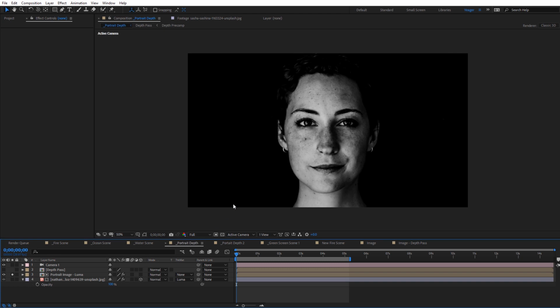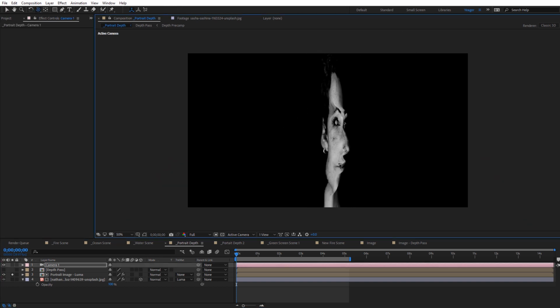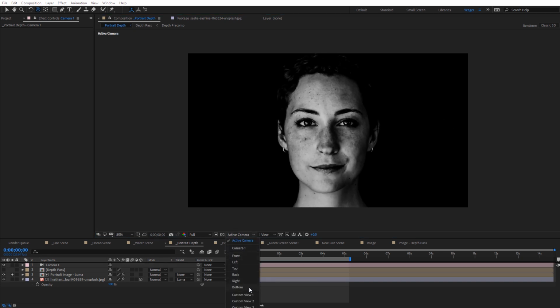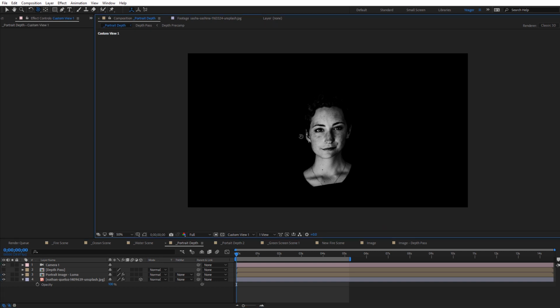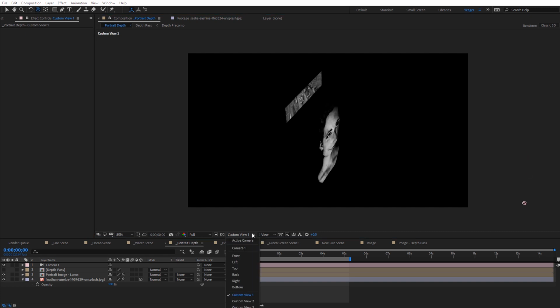I'll break down how I created the double exposure effect that's taking place. Again, if I rotate this with the camera, you can see we have a little bit of displacement occurring on the face, but I'm going to jump over to a custom camera view. I'll turn back on the background here, and I'm going to turn off this Luma matte. As I rotate around this, the background of this image is black, so it's a little difficult to see, but I have another image back there floating, and it's just been pushed back further in Z space. So when we rotate this, we get a natural looking parallax effect. So let's jump back over to the active camera.